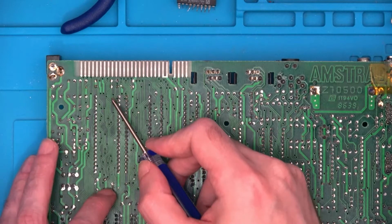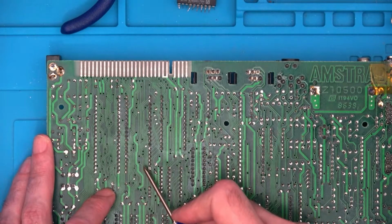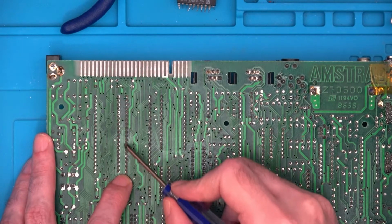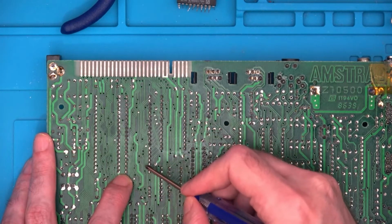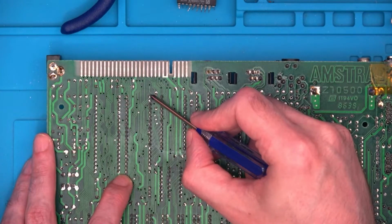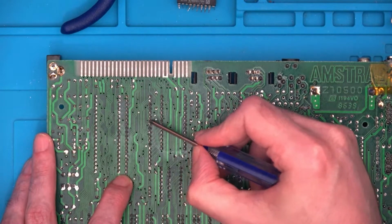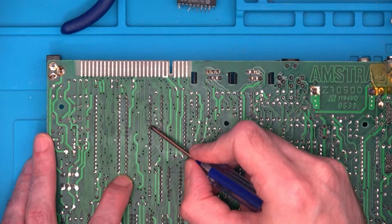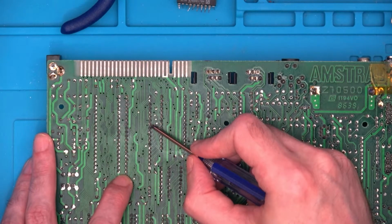Now, it's not this area here, it's this area for all these pins here. That's where the Z80 sits, and we know, well, I explain, this is pin 1, and then we need to count upwards and across and back down again because we want pin 28. But we know that the Z80 chip is a 40 pin chip, so that's 20 all the way up there, so this must be 21. So 21, 22, 23, 24, 25, 26, 27, 28. So it's this pin, which is sort of in line with this filled in solder via, so that one there. So let's create a patch wire from there to over there,